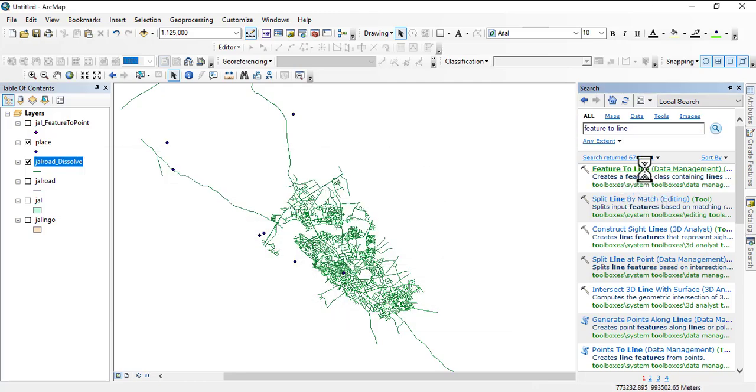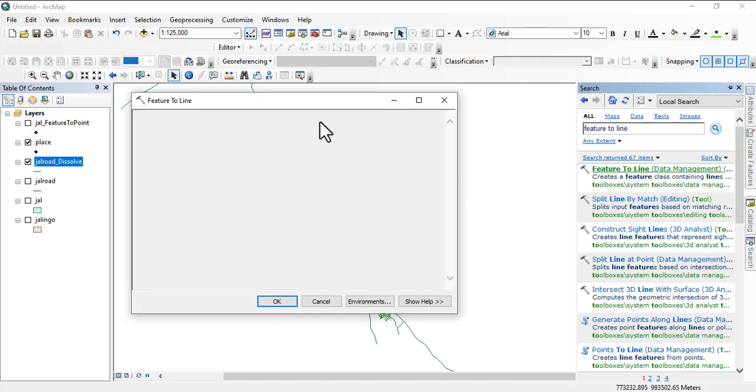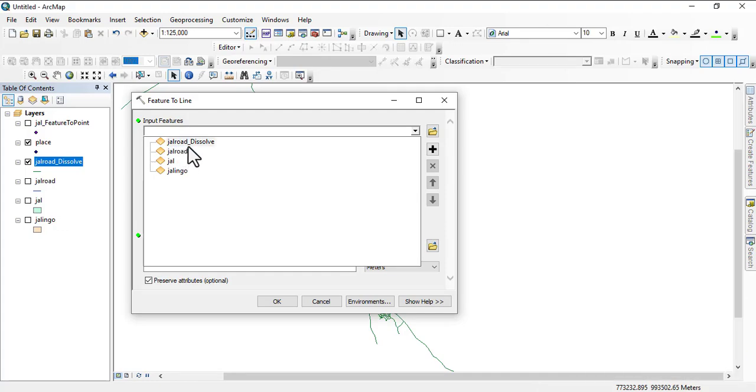Select it, and then you bring in the dissolve road,